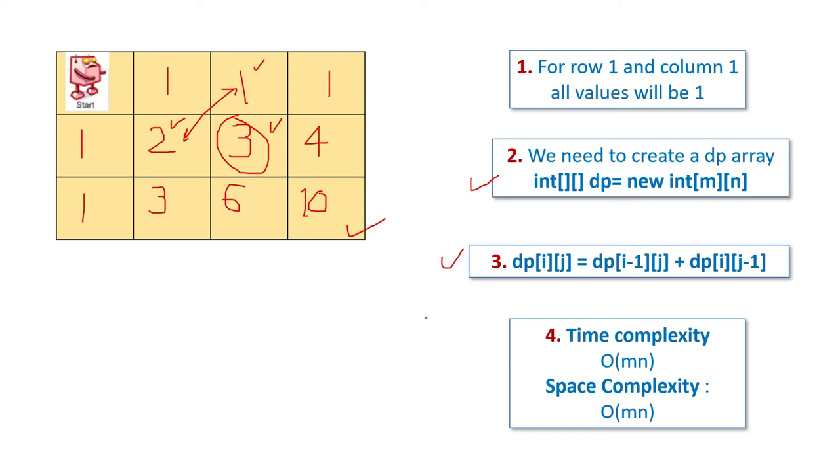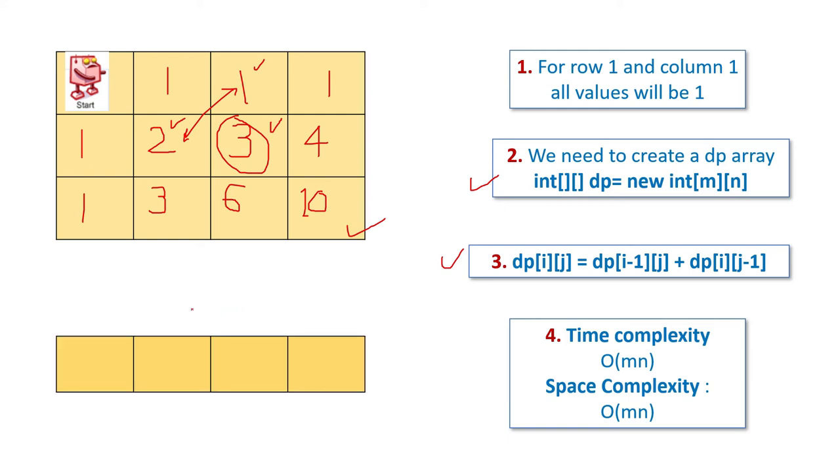Now the question is, can we reduce the space complexity a bit? Do we have to maintain a full 2D DP array in this case? No. You can take one normal array with the number of columns, or maybe the number of rows, whichever is smaller. So let's take an array which has the same number of elements as the column length. Now instead of maintaining all these values, we can keep on updating this one, right?